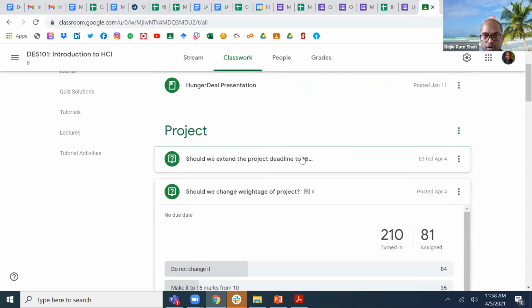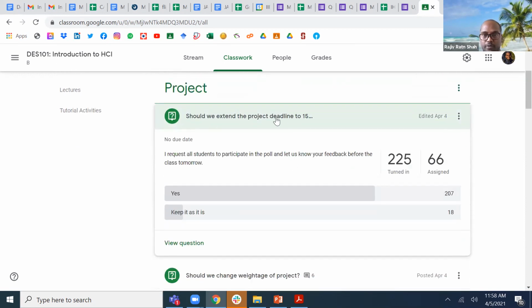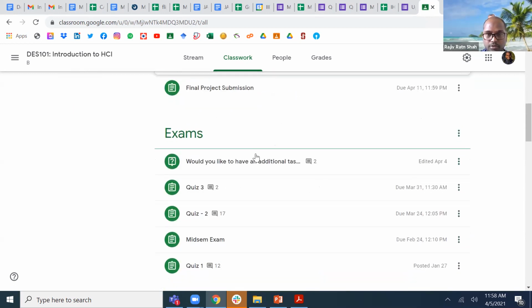Okay, so any other questions? If not, then we can go for the poll that we have done. One poll we have done: should we extend the project deadline to 15th of April? I believe it's very clear, right? Most of the people want an extension, so it's granted. So now the project deadline will be 15th of April. Is it fine? Yes, sir. Okay, great. So the next question is,